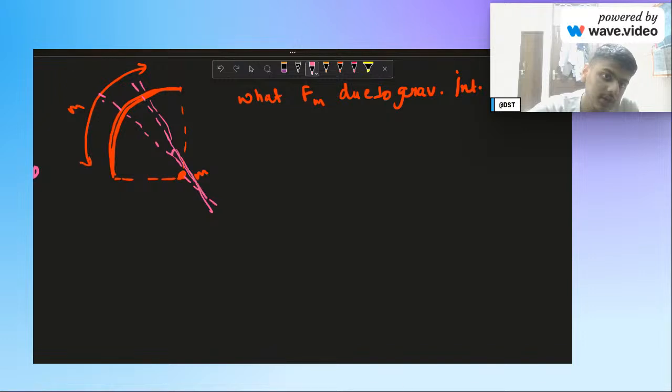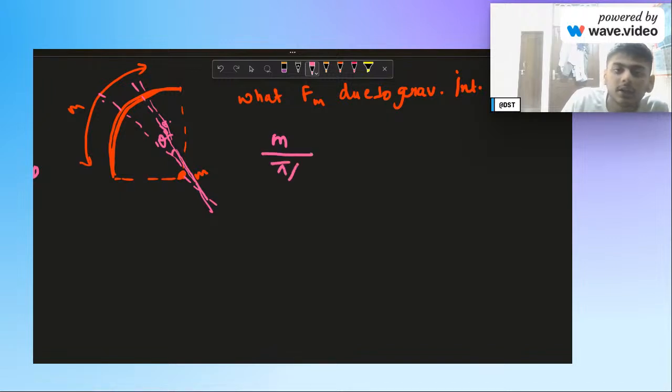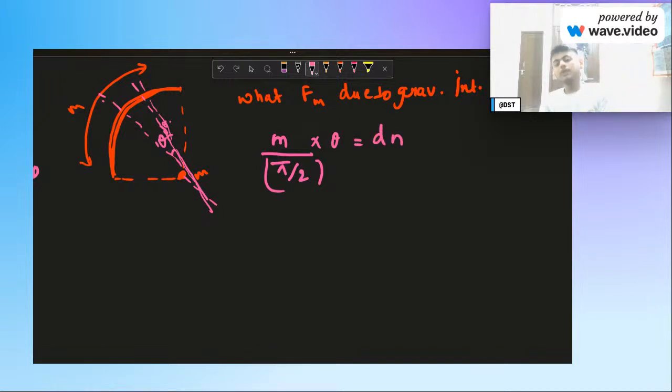If there is an element of d theta at an angle theta from the center, from this point, and if mass m is divided in equal angles in pi by 2 radians,